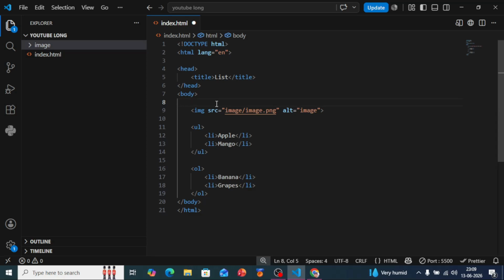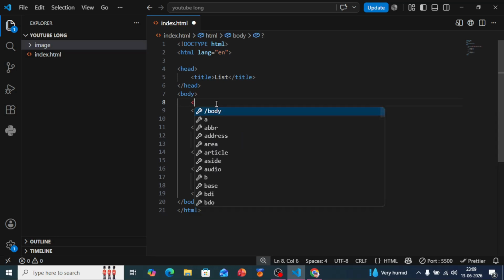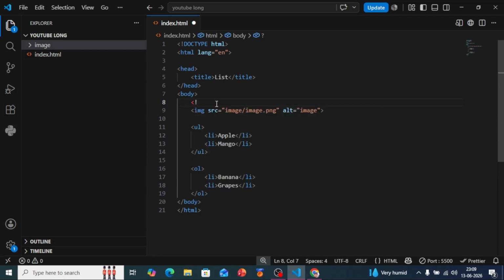Now for creating a comment, you have to first insert an angular bracket, then an exclamation mark, then 2 dash hyphens. Now you can insert a comment in between these.